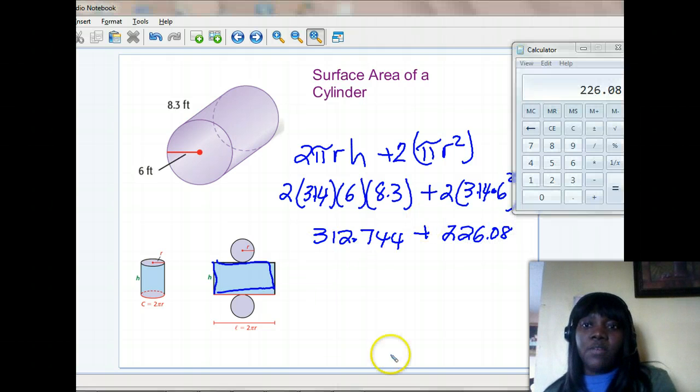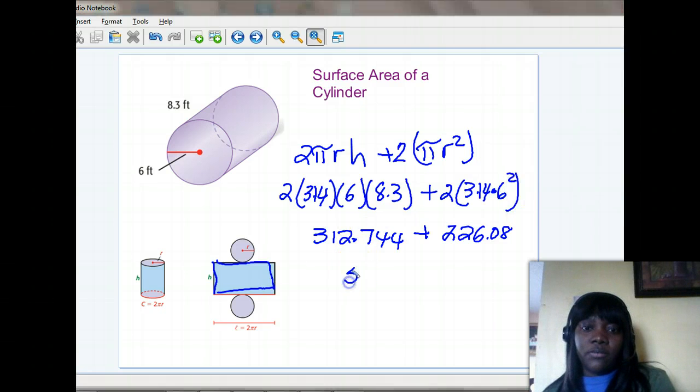Now we go ahead and add up those two numbers. 312.744 plus 226.08, and that gives us 538.824